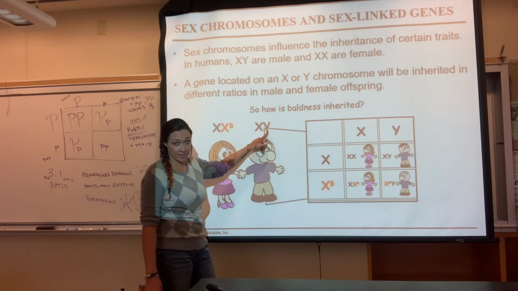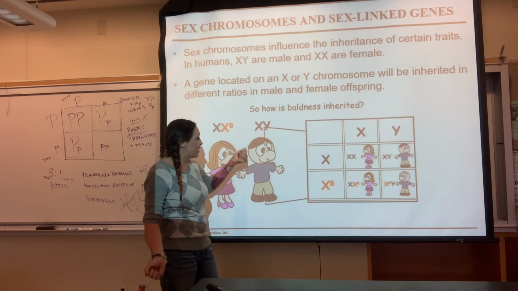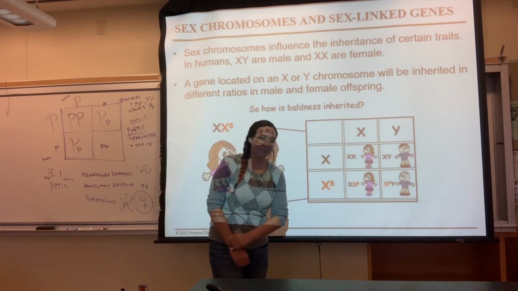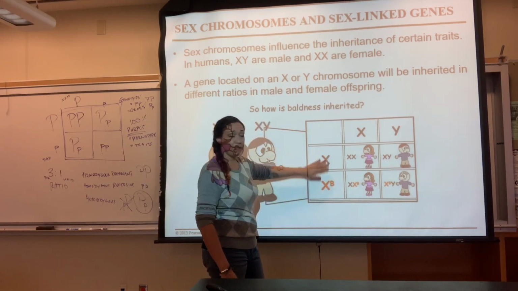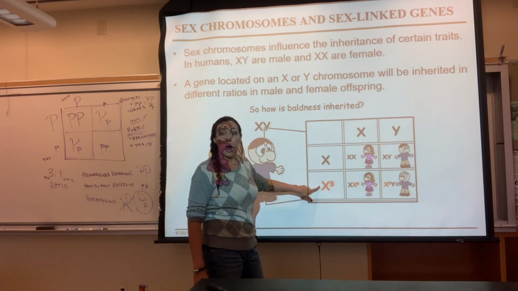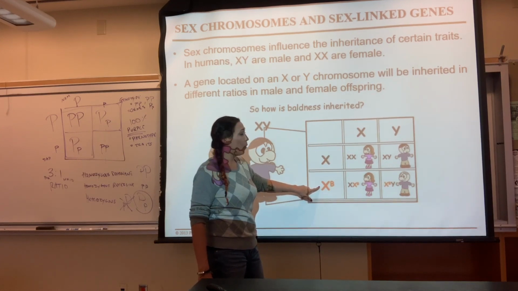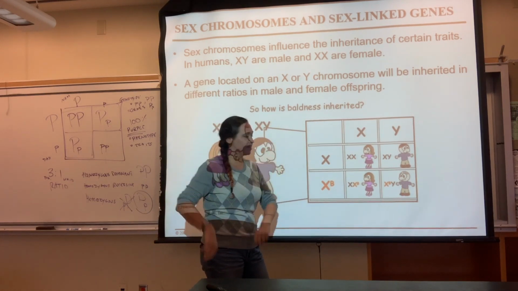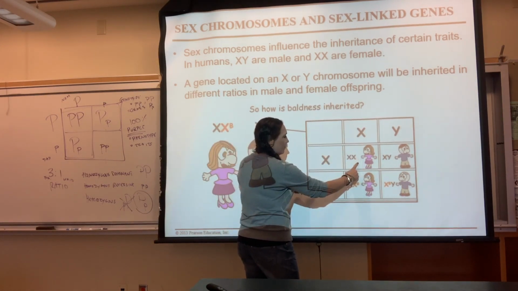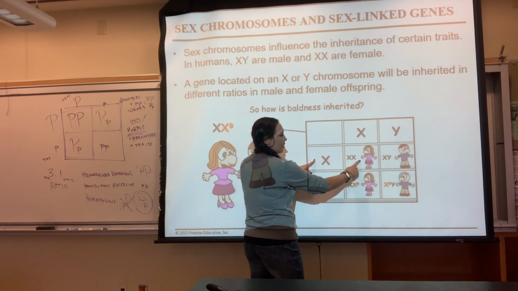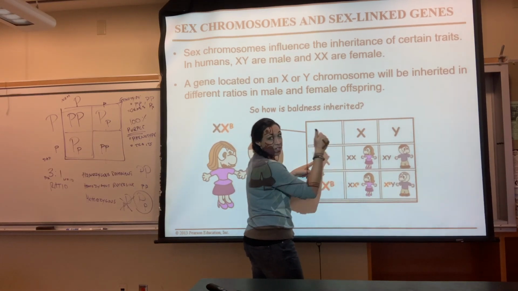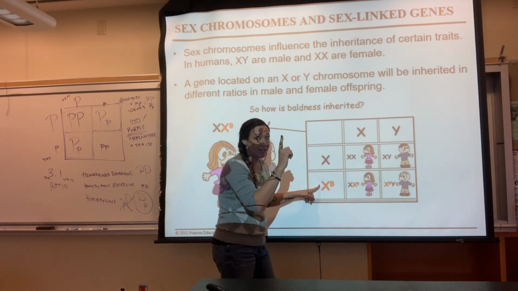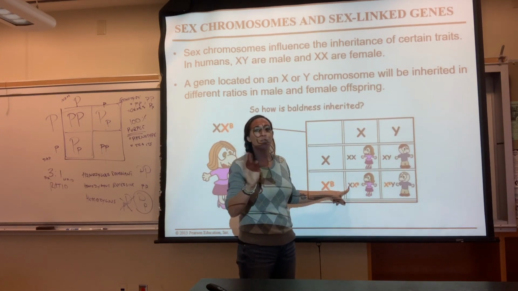He has a Y as his other chromosome. So in this case, if we were to do our Punnett square, say they have a girl, she has a 50-50 chance of being a carrier of this baldness gene. However, because the dad has a normal X and she is a female, she gets 1 X from her mom and 1 X from dad. She got both of the healthy X's, she's good. She gets the infected X from mom, but she gets the healthy X from dad, so she's still good.